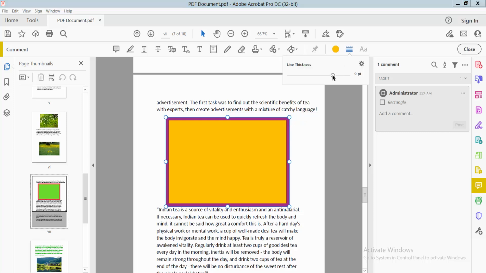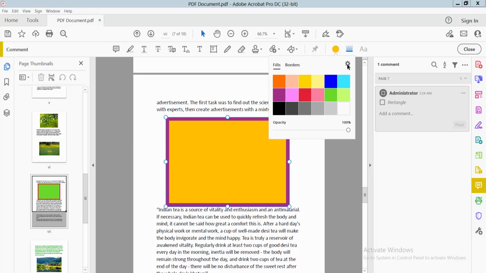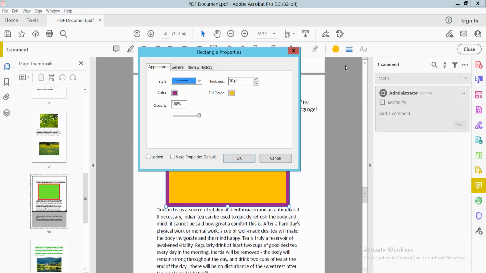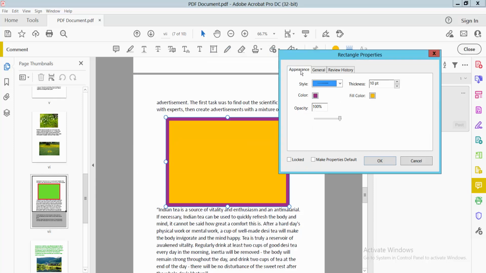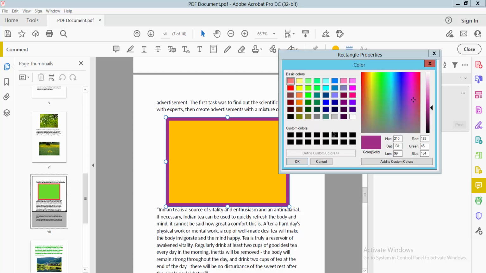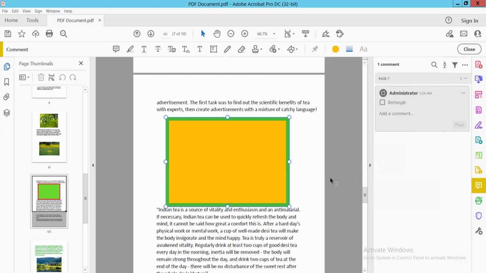Also you can change the border thickness. Also you can add more color. Is gear option settings. Now select appearance option. This is color option border and other color you can add here, this color, and select OK and see this